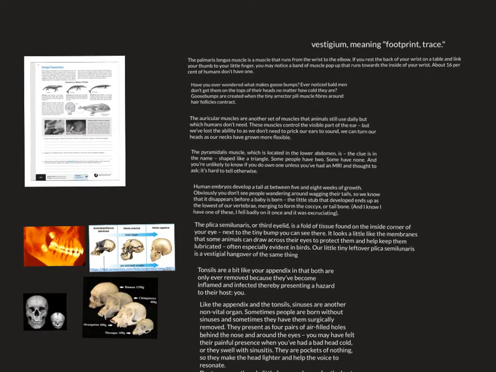The auricular muscles are a set of muscles that we don't need as well. They're part of the visible ear, and they take control of the visible ear. Some people can even move their ears a little bit because of these muscles. Now, with dogs, as you know, or cats, or any animal that moves their ears, they can move their ears to better help them hear.